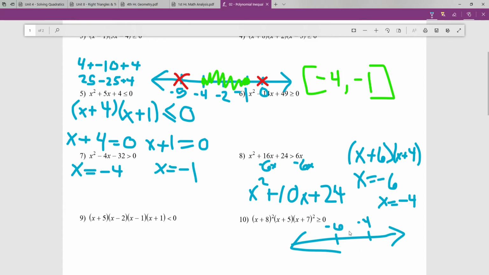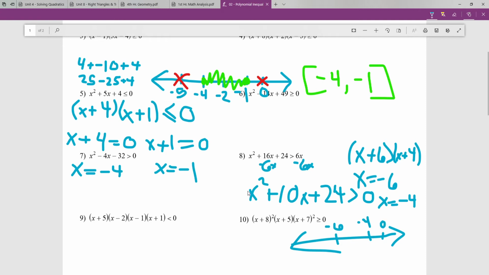Or we can choose a number in between here, whatever number you want it to be. I guess I should write greater than 0 here since we made that not 6x. So I like trying the number 0, quite honestly. It's just an easy number to use. So I'm just going to write a 0 there, and we're going to find out if 0 works on that